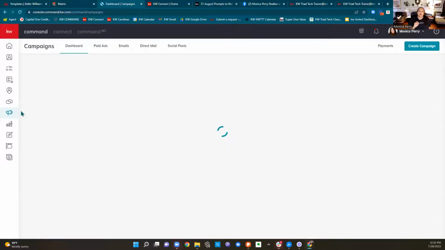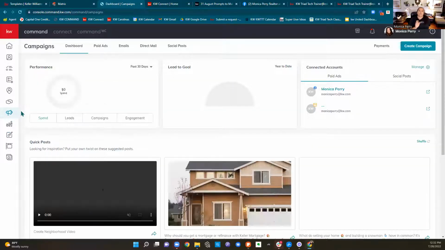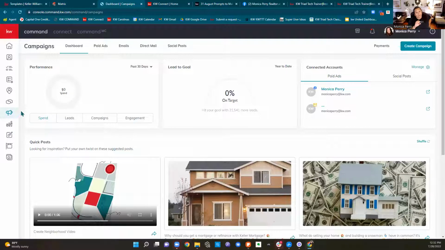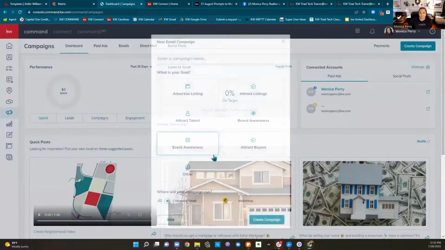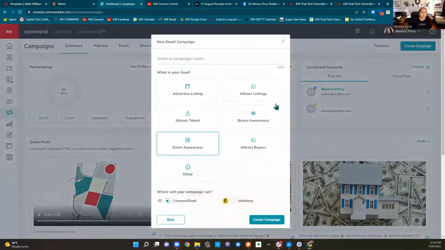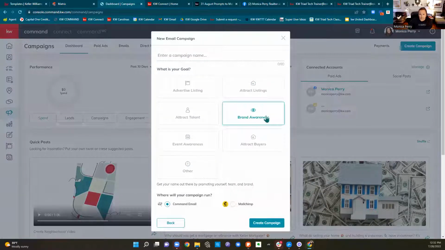We looked at in Smart Plans where you add the step with an email. You could choose a simple email, right? Or you could have chosen the design email. This is where those design emails come from. So if I come to create campaign and I pick email, what am I doing? It's brand awareness, right? So this one is a protect your credit